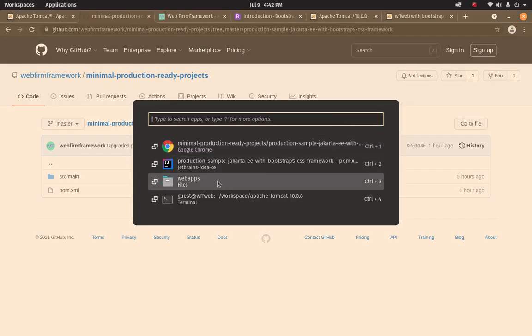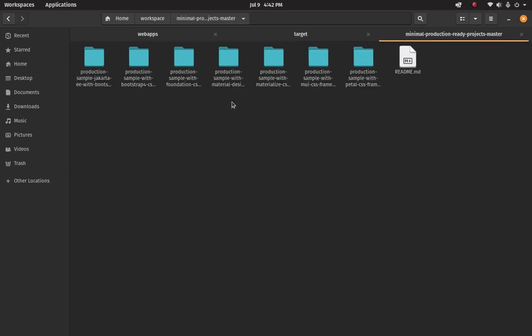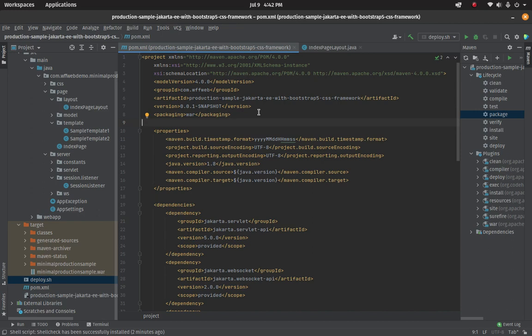So I have already downloaded those projects on my machine. So this is that project. Okay, now let me open it with the IntelliJ IDEA. This is based on the Java 1.8, and for the framework we have to do some configuration in the project. So this sample project already contains those configurations,